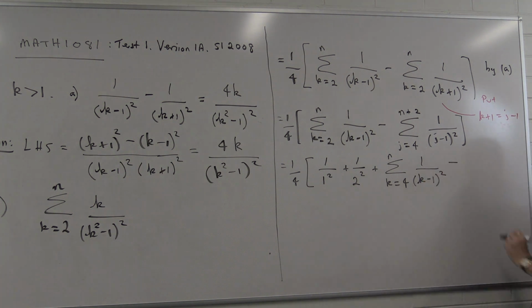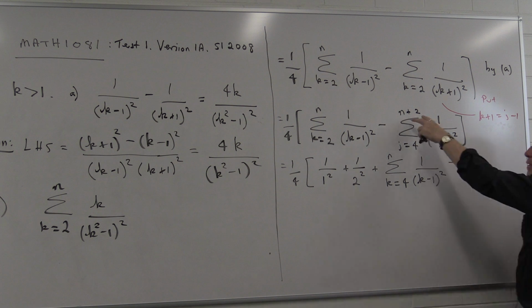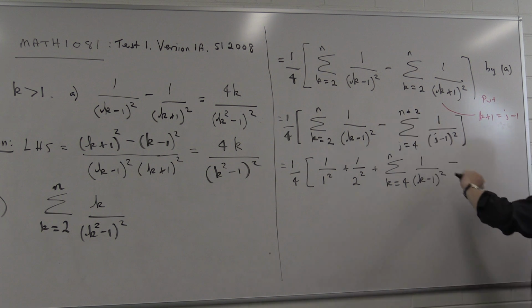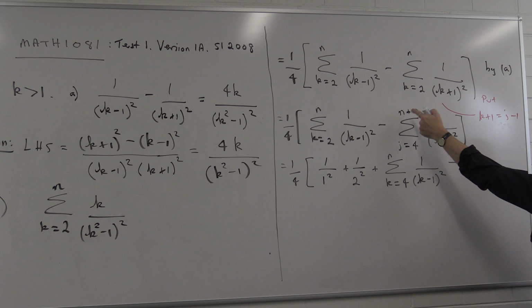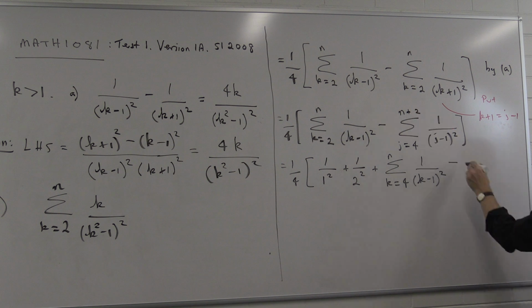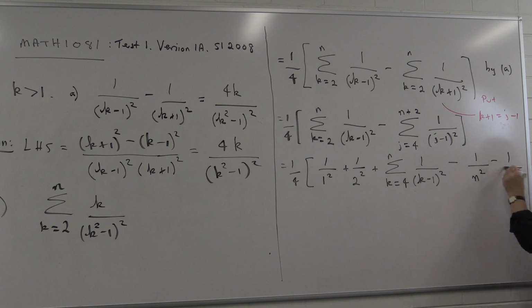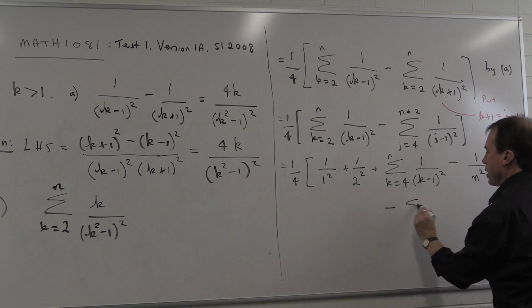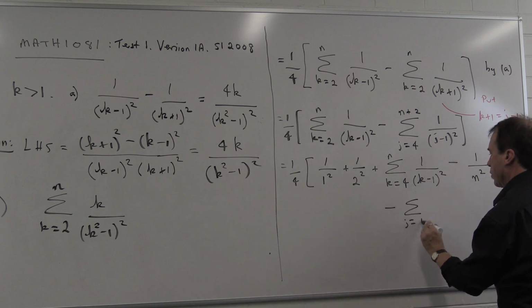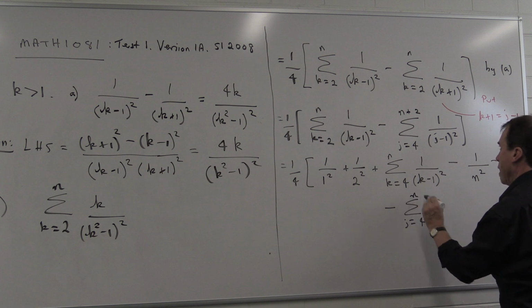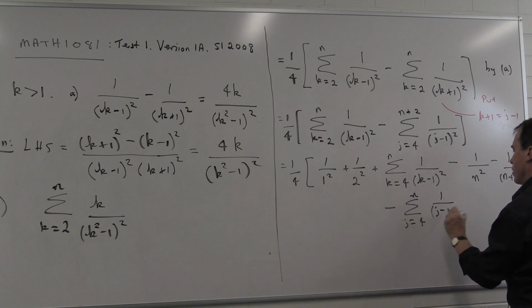And then minus. Now I'm going to take the last couple of terms out of this one. So I'll put n plus 1 into here, which will give me 1 over n squared, and then I'll put n plus 2 in, which will give me 1 over n plus 1 squared. And then I'm going to have minus the sum j equals 4 up to n of 1 over j minus 1 all